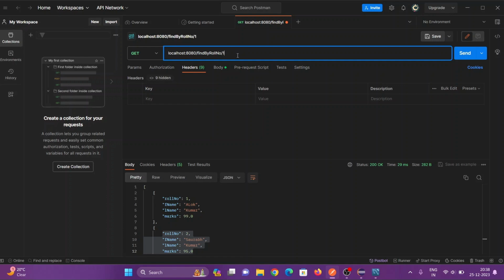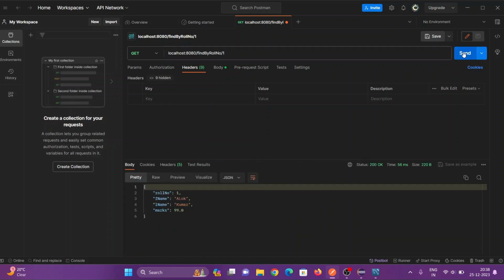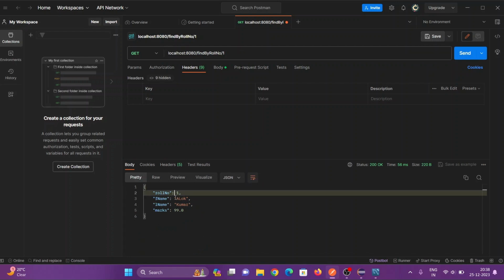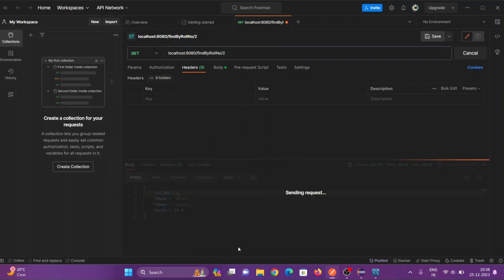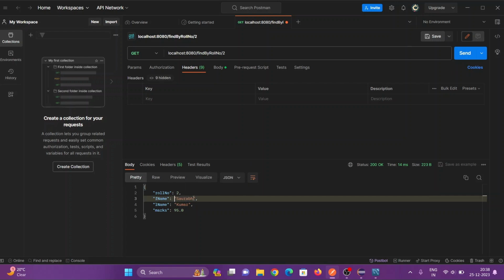Roll number like 1. Send. Here you can see for roll number 1 it is giving data. For roll number 2, here you can see for roll number 2 first name is Saurabh. Okay,